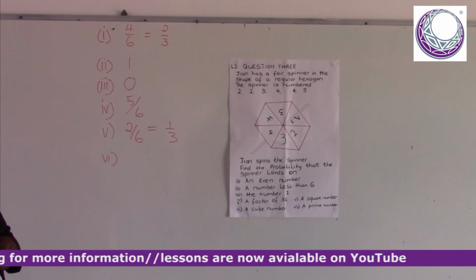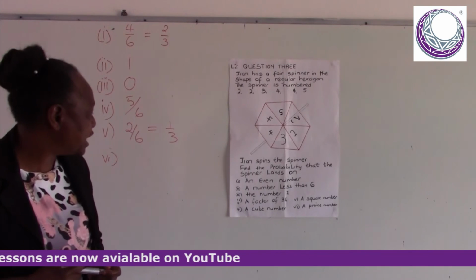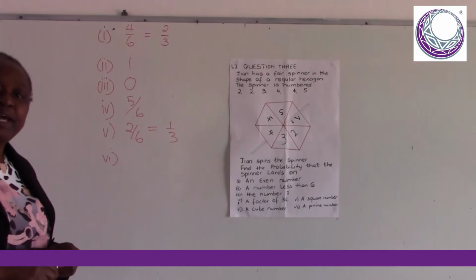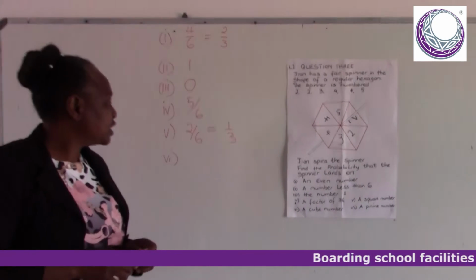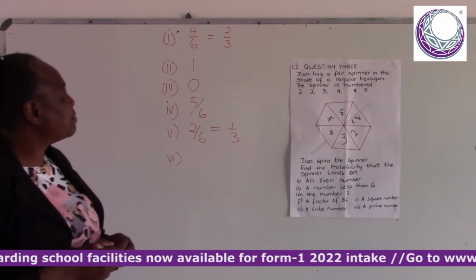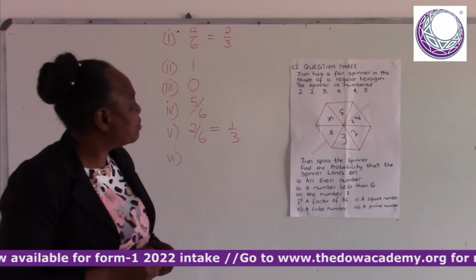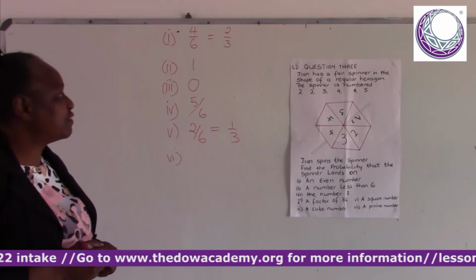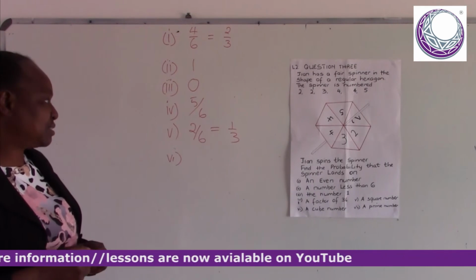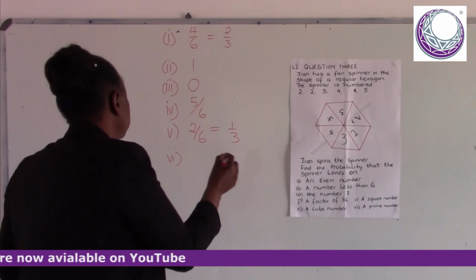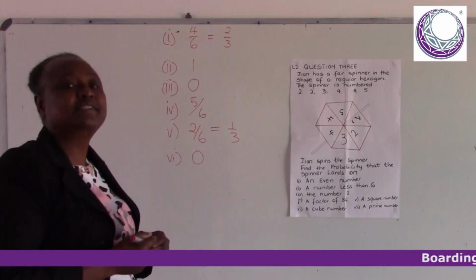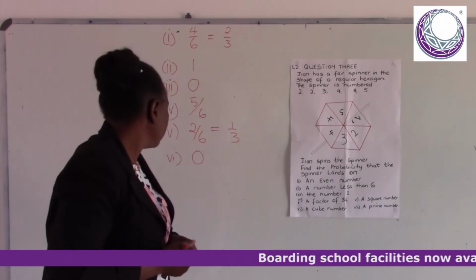We want to pick or to point at a number which is a cube number, a result of multiplying a number by itself 3 times. We check, 2 is not a cube number, 3 is not a cube number, 4, 5. We do not have any cube number on our list, which means this is impossible. And when it is impossible, the probability is 0. And finally,